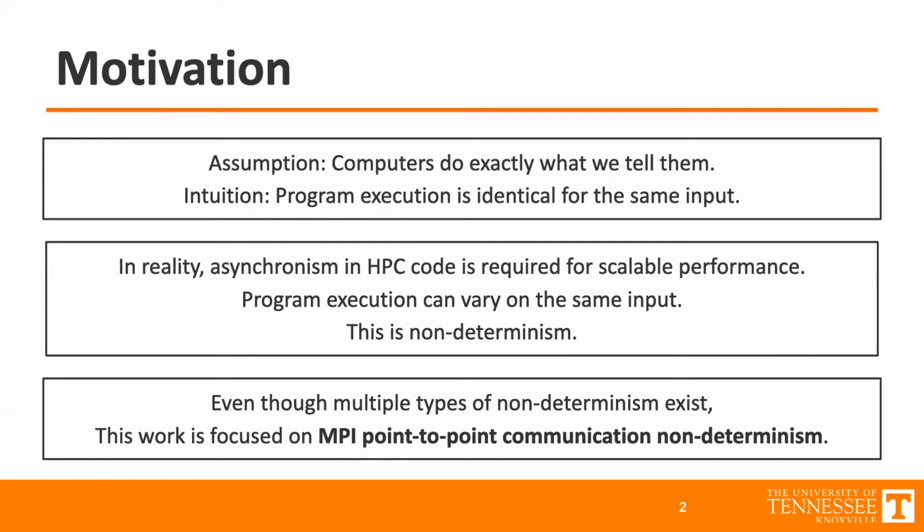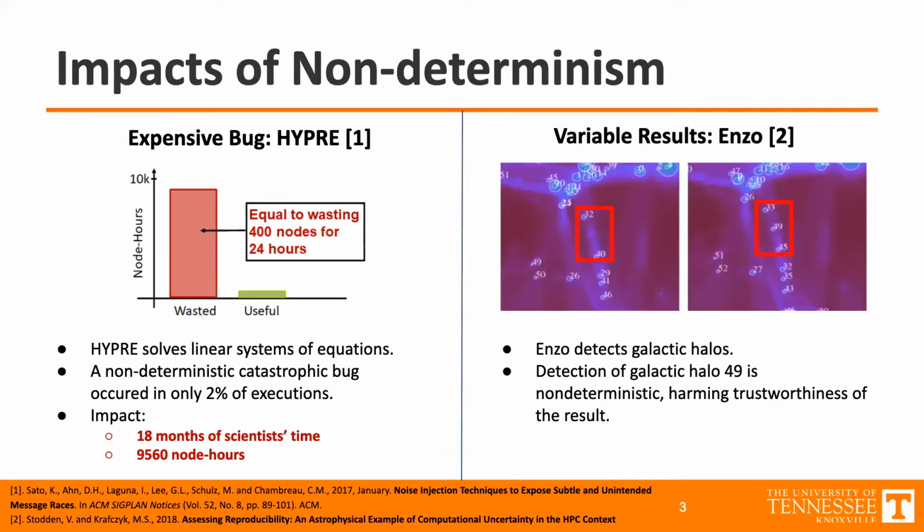So just to motivate why you care about non-determinism, I want to show a couple examples. One on the left is an expensive bug. It is in the software Hypre, which solves linear systems of equations. In this, there was a non-deterministic catastrophic bug which occurred in only 2% of executions. And if it were possible to run this quickly over and over, that wouldn't be too bad, but it took a couple hours for this bug to actually manifest. The impact of this? It took 18 months of scientists' time and almost 10,000 node hours to get enough data